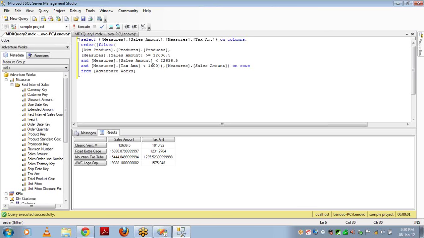Instead of pulling all the records into your result set, you can slice it using the function filter. And filter is a very useful function, and you use it in many places. Why? Because the data warehouse, even though it's aggregated data, will have a huge number of records. For example, you will have some dimensions with something around 3 crore records, that is 30 million records.